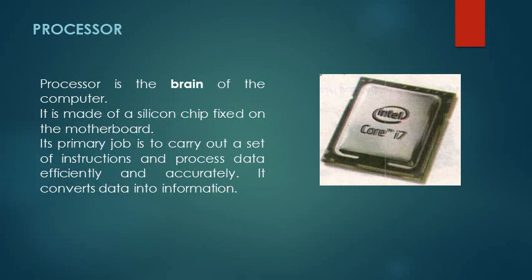We have learned in the definition of computer that it is the computer's job to convert given data into the required output, and it is done by a set of given instructions. So it is the processor's job to carry out both given data and the set of instructions. It is the device that converts given data into information. So in fact, processor is our processing device. Processor is also called CPU, central processing unit, or microprocessor.